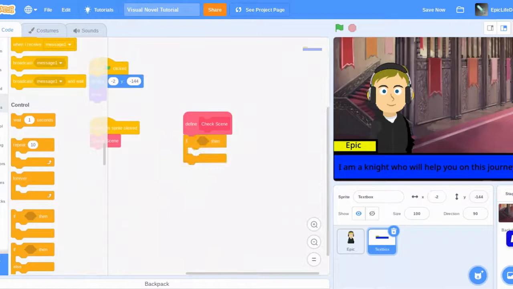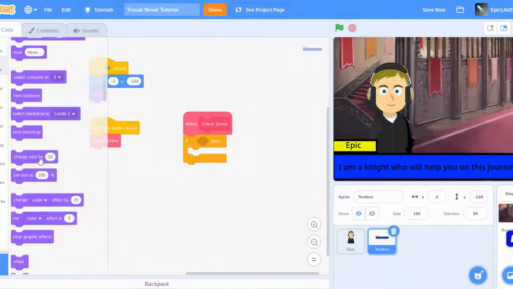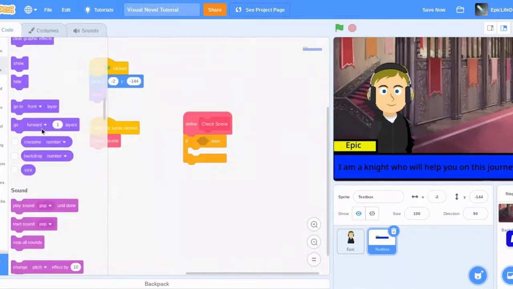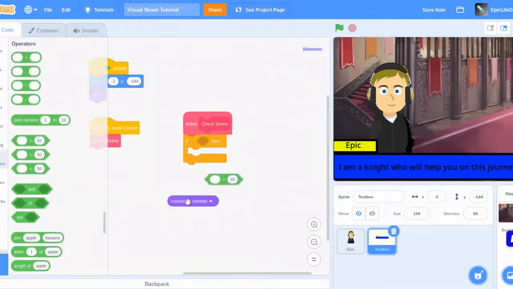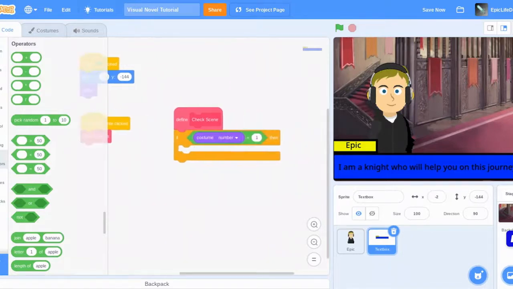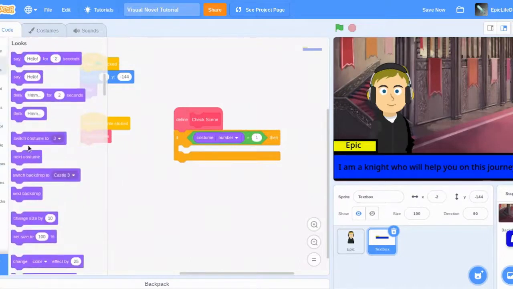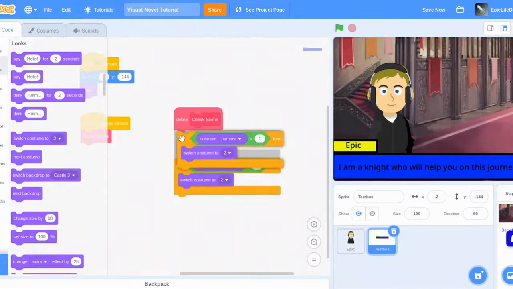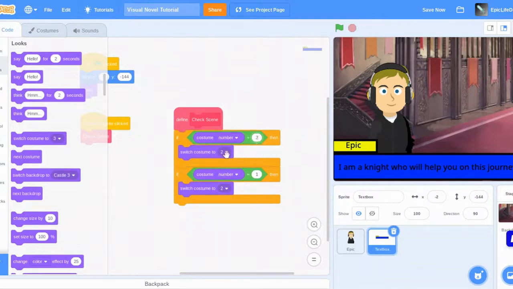if costume number equals 1, then switch costume to above here. If we were to do it, she would have it do it below. So yeah, here